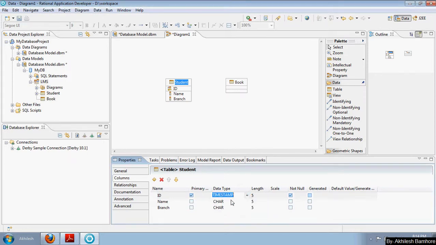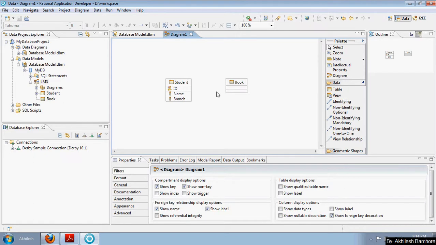Select the data type, varchar. If you save it, your table is created now.